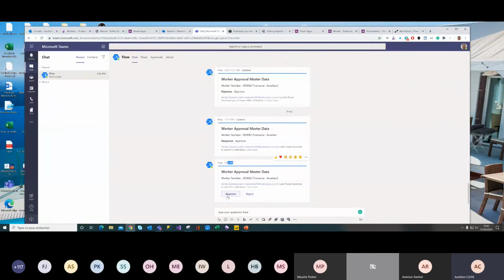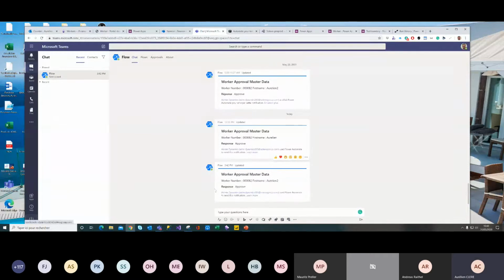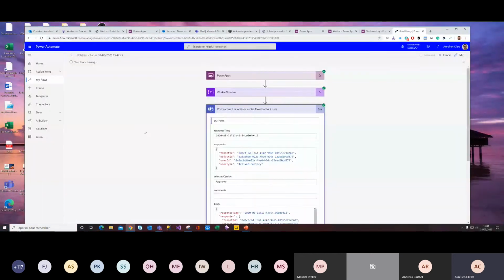I don't like email, so you can just automatically push an approval to the user with a Flow bot. It doesn't use an adaptive card for that, but you can do custom information here, and you can click on approve, submit. He's okay with the change on the master data of the worker, and now my flow will continue after that